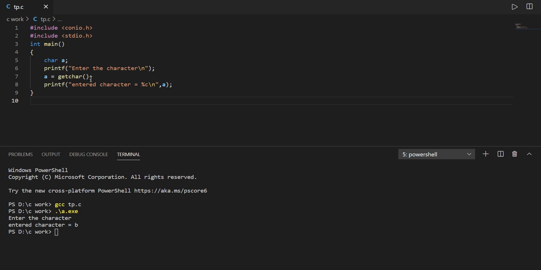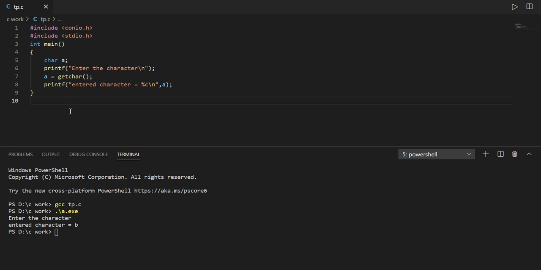When this line is executed, it will stop the flow of the program similar to the getch function, and after we enter the character, it will take that character and place it where the getchar function was executed. And as we have stored the returned value in the character variable, the character that we enter will get stored in the character variable a.